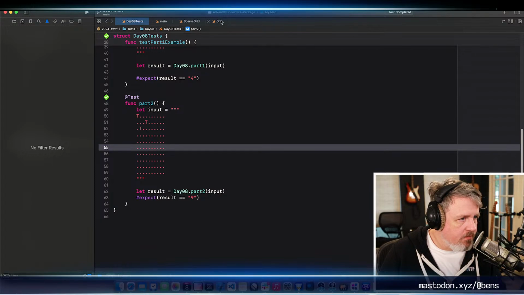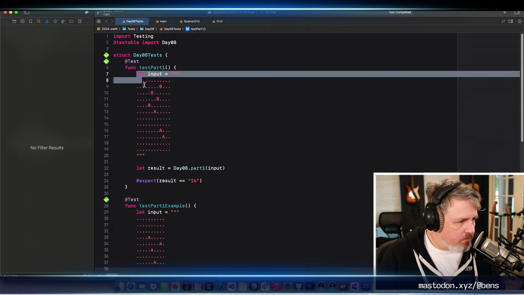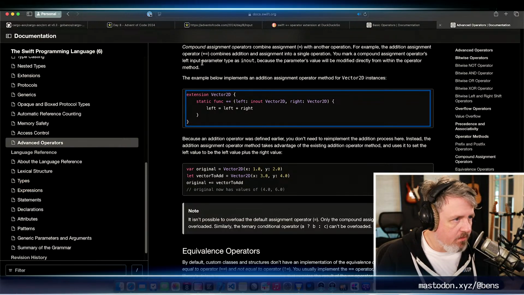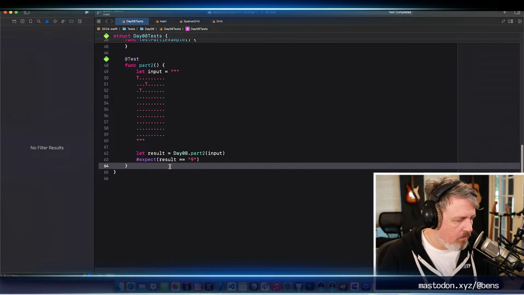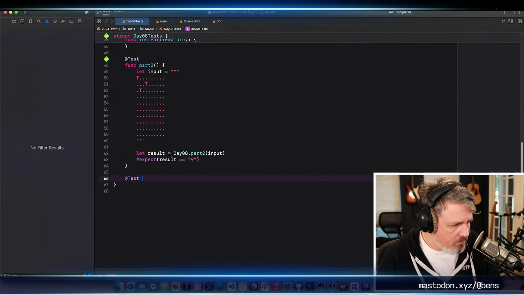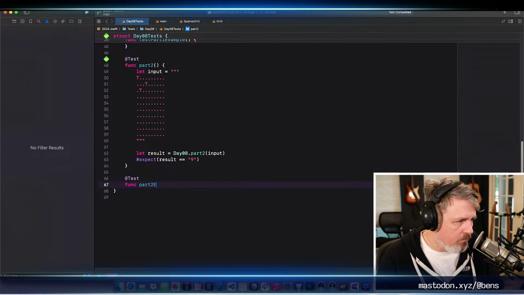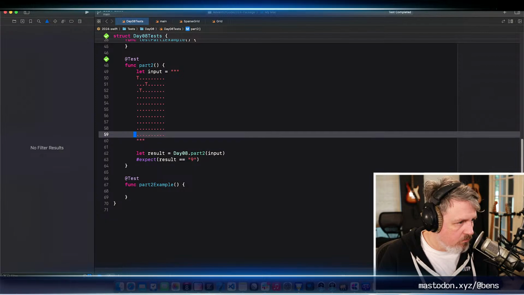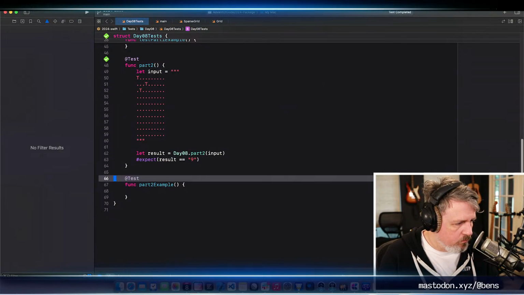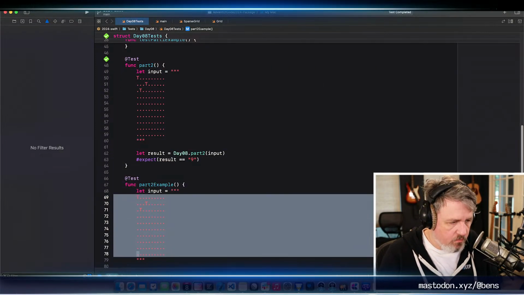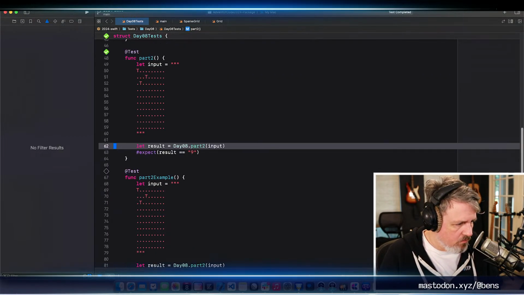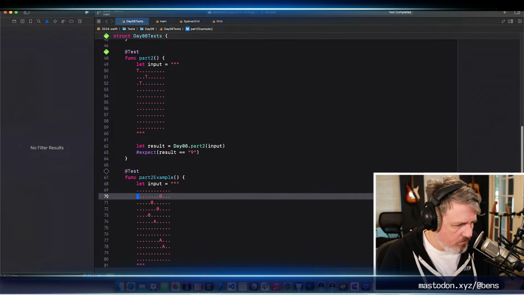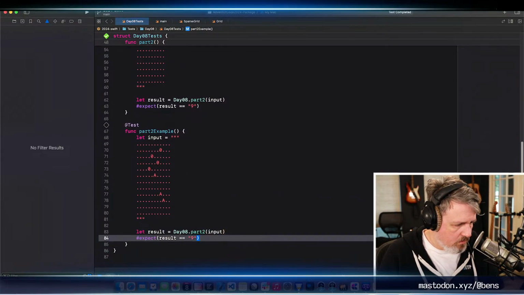All right, test succeeded. And then it said if I run the original input, I should get 34. Let's see, test part 2 example. We're going to do that, but replace this with the other input from up here. And this one is going to be 34.